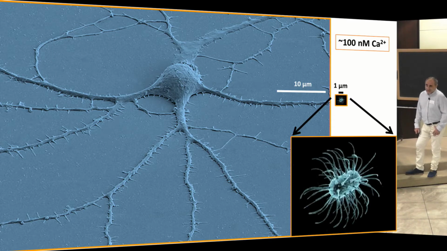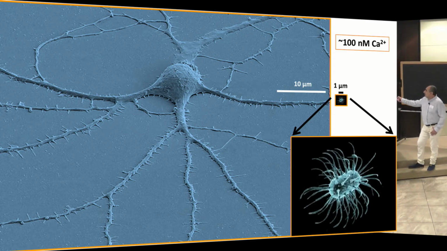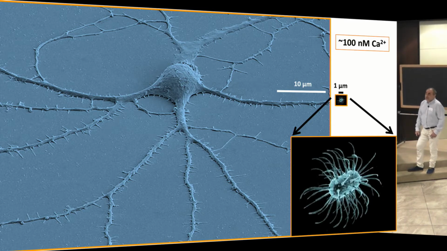And very interestingly, bacteria also hold low calcium. Not only eukaryotic cells, but also this little guy has about nanomolar calcium inside. So calcium is definitely used by these cells for external signaling, not intracellular, but external. You would ask me, but why calcium? Why not sodium, for example, or potassium?